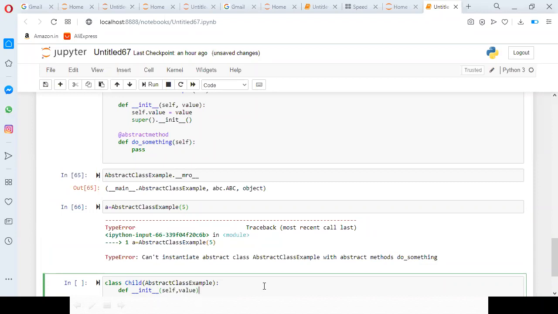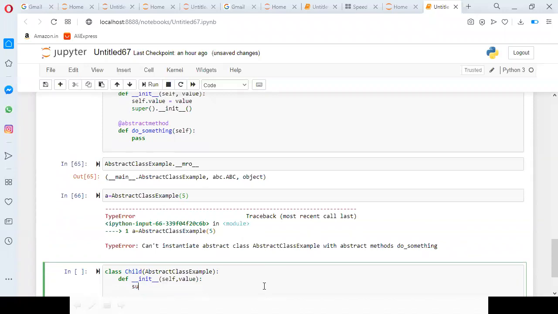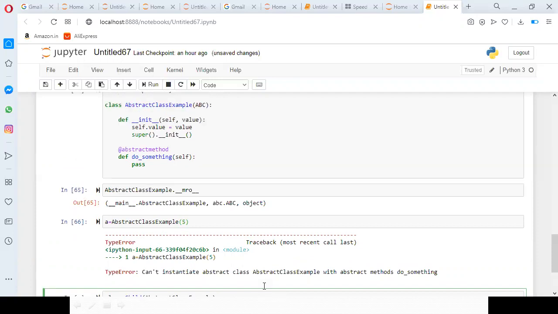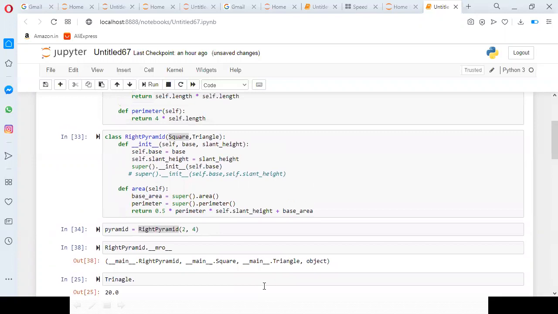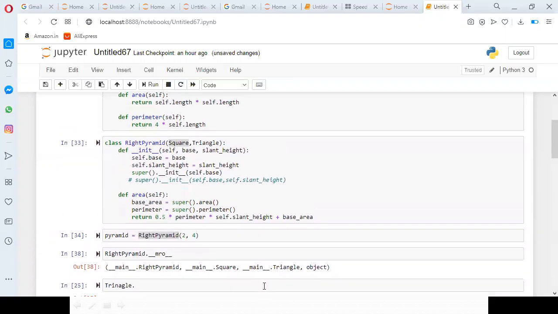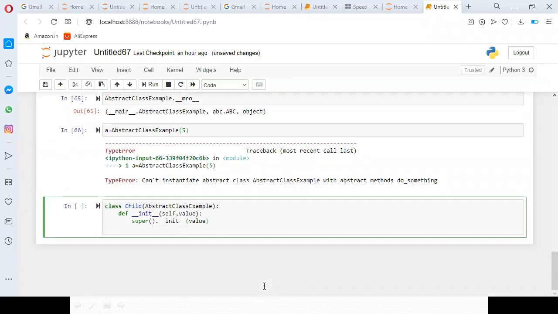Because the parent class is having value, we simply call super().__init__ with value. Then we can mention self.value.